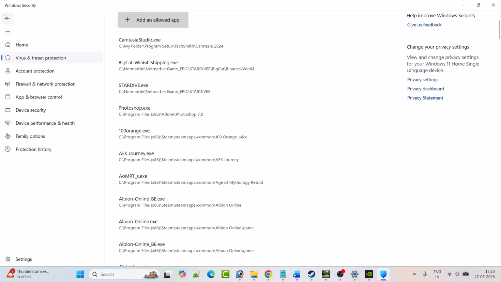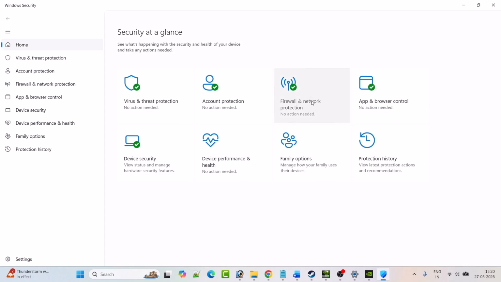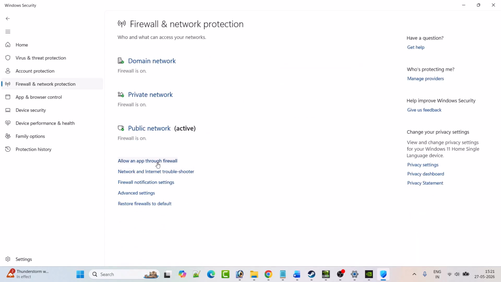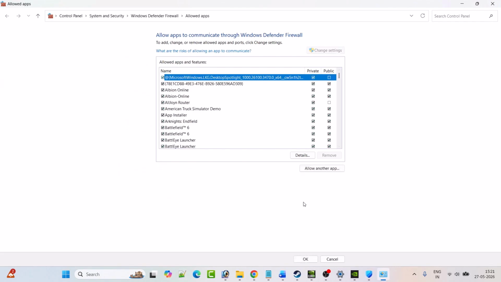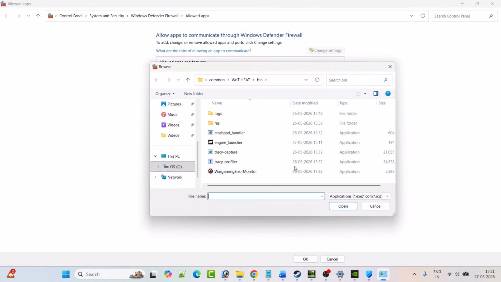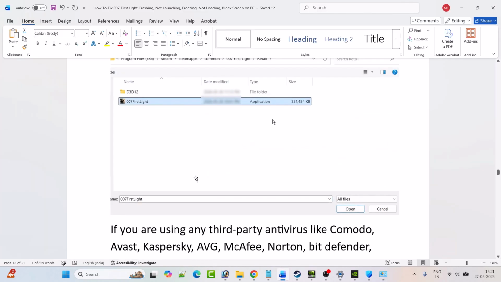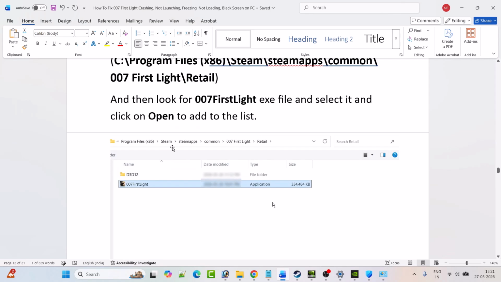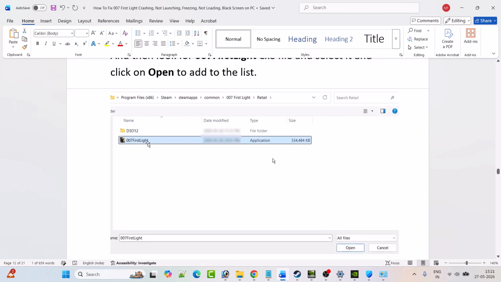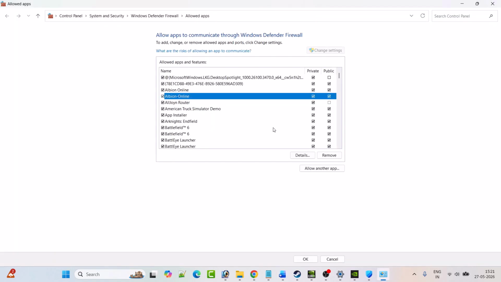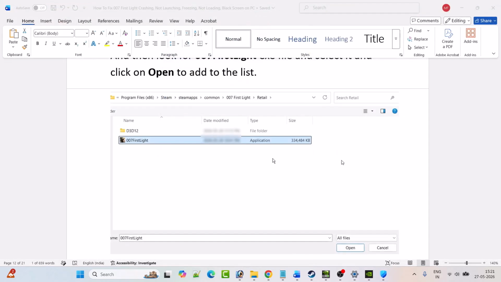After adding it to the list, go back, click on firewall and network protection, then click on allow an app through firewall, click on change settings, click on allow another app, click on browse, and then again browse to the game installation folder. So again browse to program files x86, Steam, Steam apps, common, 007 First Light game folder, open the retail folder, select this 007 First Light exe file and then click on open and then click on add to add it to the list. After adding it, make sure both private and public are ticked for the 007 First Light game. This is just an example, and then click on OK to save changes, and then you can go ahead, relaunch